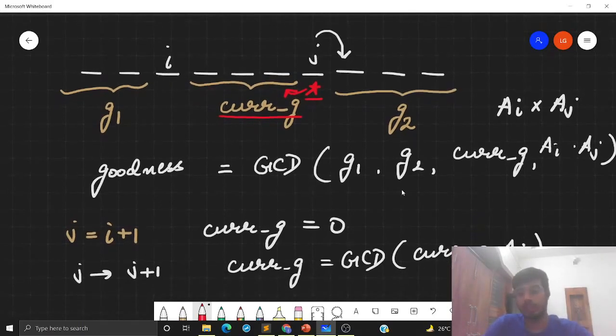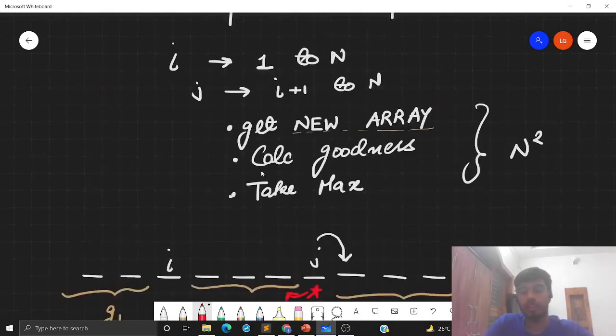That's how I can update my current G while running through the loop and overall get the goodness of the array in order one time. Once I can do all these three calculations in order one time, my algorithm will become order n square.